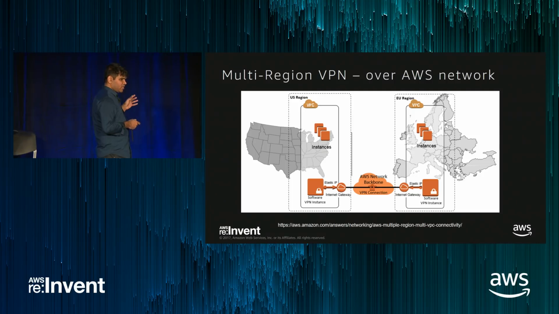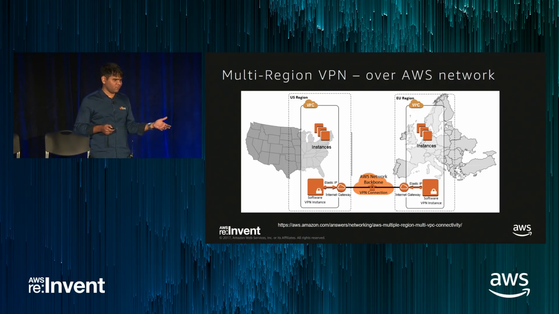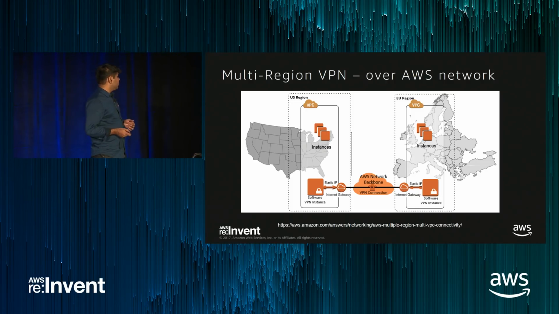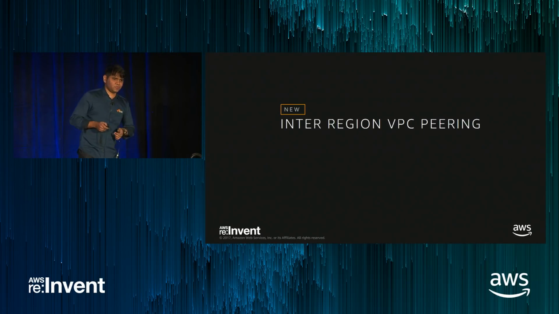So there is a lot of complexity in doing this, right? It's quite doable. There is a white paper that we have published, as well as a CloudFormation template, which can help you do the setup. But wouldn't it be nice for AWS to take care of even encryption of your data when it is passing over the network? So we heard customers, the thing that we do all the time, and we launched something new.